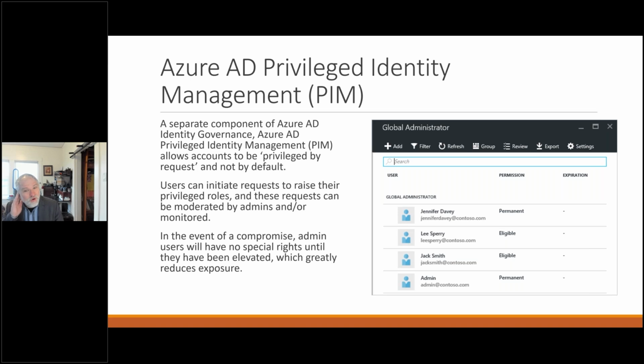Because there's nothing worse than getting locked out of your Azure environment because the hackers came in and got rid of all the other admins and replaced them with themselves, which I've seen happen, and it's not a good look for the organization.